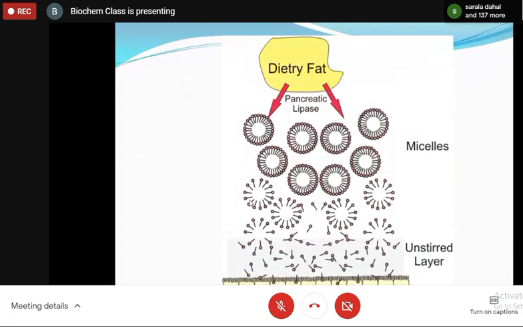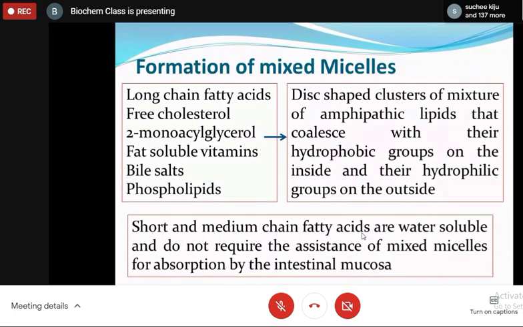After formation of micelles, these approach the primary site of lipid absorption, which is the brush border of the enterocytes. After the formation of micelles, all these products can then cross the unstirred water layer and get absorbed by the enterocytes. But short and medium chain length fatty acids do not require the assistance of mixed micelles for absorption. The long chain fatty acids are absorbed by the enterocytes, and the